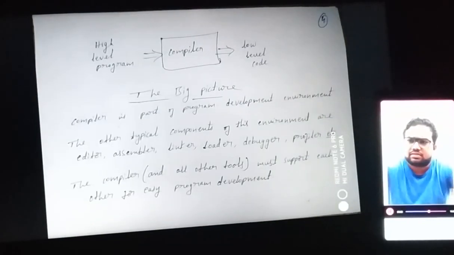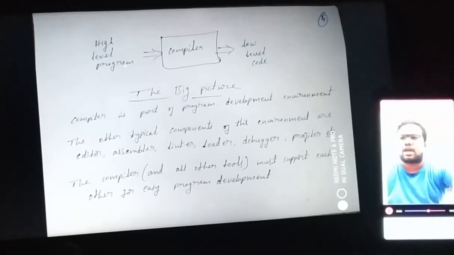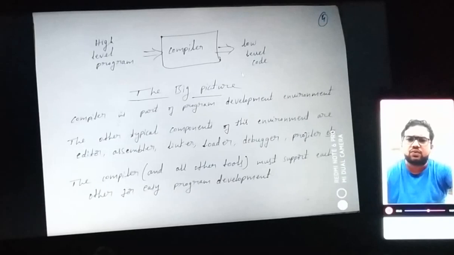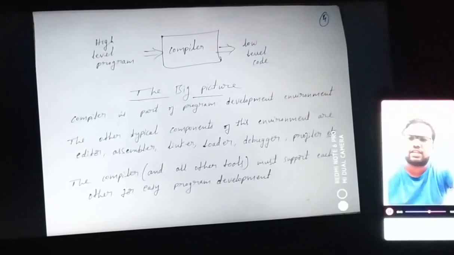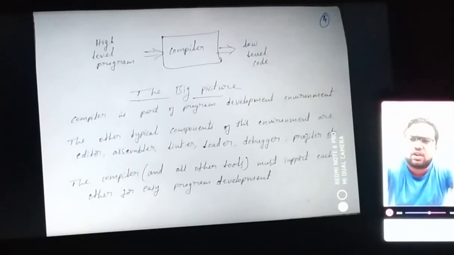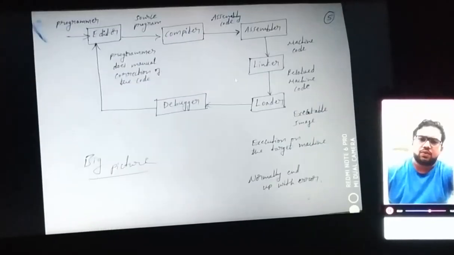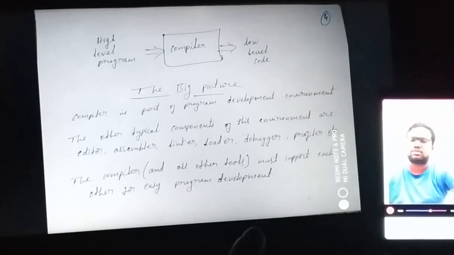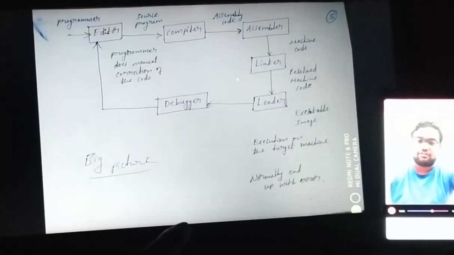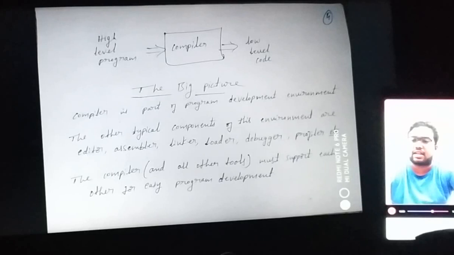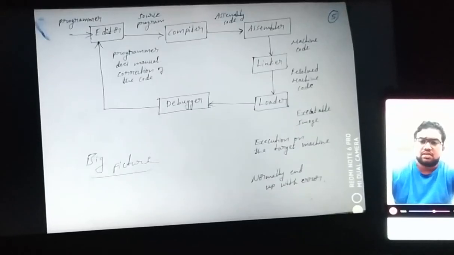So next we'll go with the design of a compiler, where you can take this as a compiler, and at one end you have a high level program, and at the other end you have a low level code. So basically now you know what the input is and what the output is. As an input you are giving a high level program, and as an output you are getting a low level code, and you don't know probably what is happening within this compiler, or else you have to get to know what is happening within this compiler. So that is the big picture. So what is happening within this compiler you need to monitor, and for that you need a pattern that needs to be followed. So probably we will get to know how the compiler works with these particular steps.